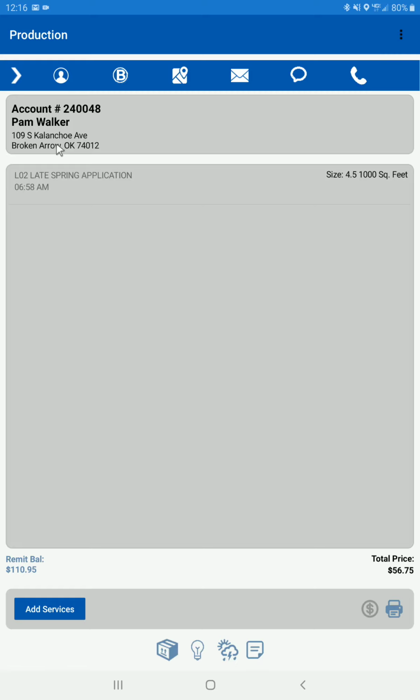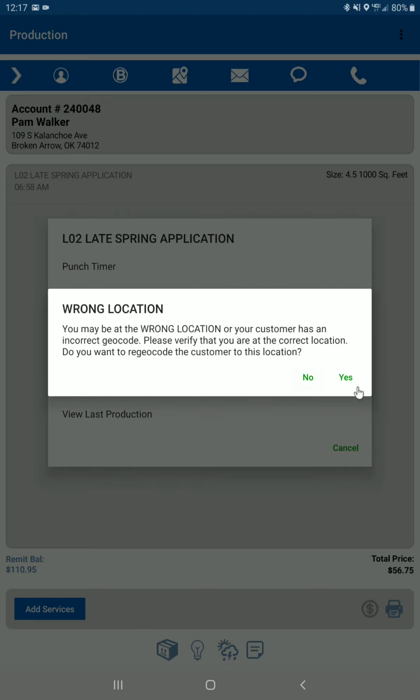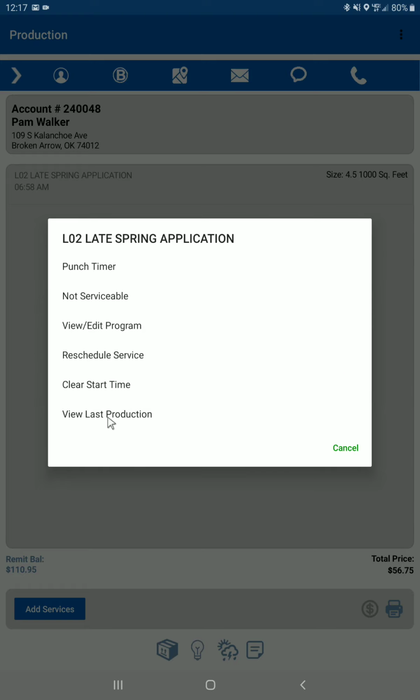Customer address, name here. You can click on this service if you need to punch timers, mark a service not serviceable. You can view and edit the program from this button too, and then if you need to clear start times, you can also do that. This view last production is also here, which basically pulls up the last invoice that was completed in this program. So in this case, we have an LO2, so it would show us the production and the invoice